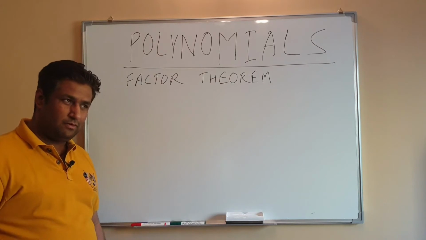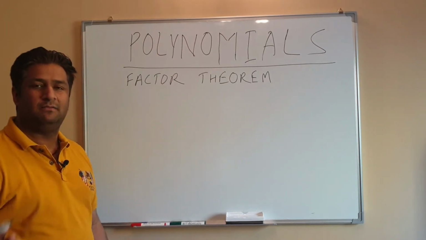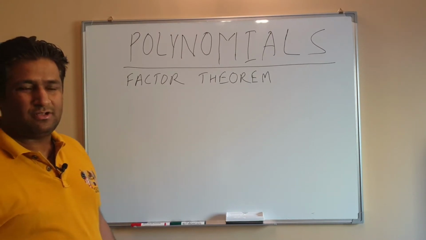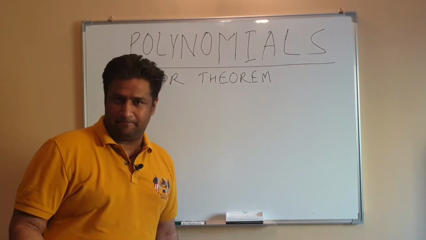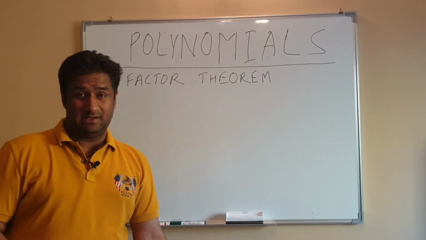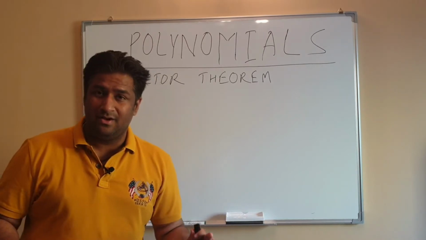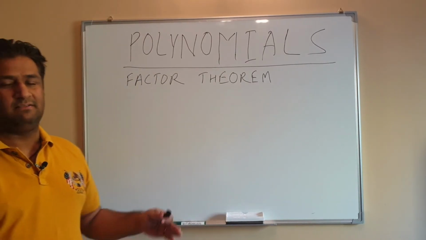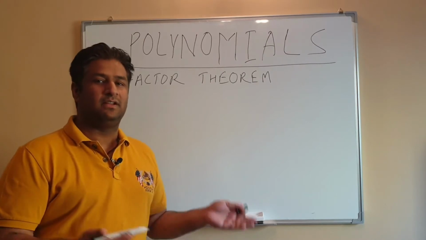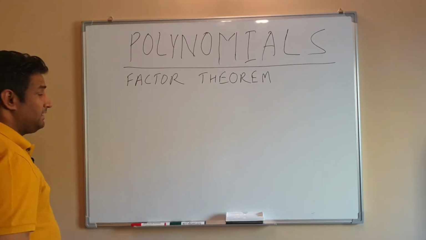Now in the remainder theorem that we studied, if we are dividing a polynomial p(x) by a term x minus a, the remainder is p(a), right? Now if that remainder is 0, understand it very carefully, that means x minus a will be a factor of the given polynomial p(x), right? So how do we write it now?